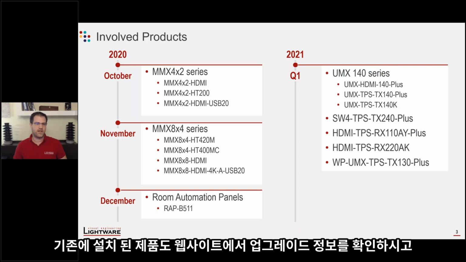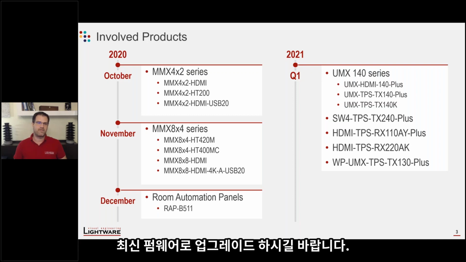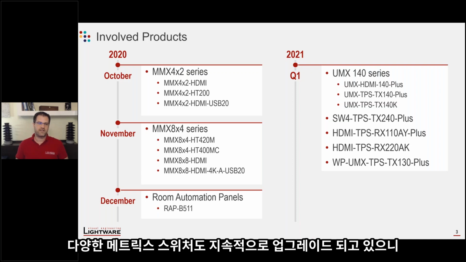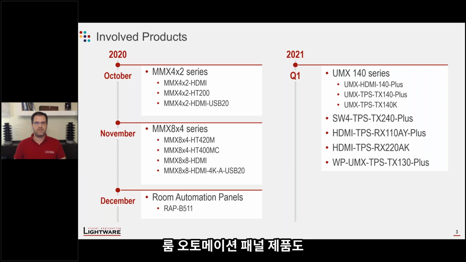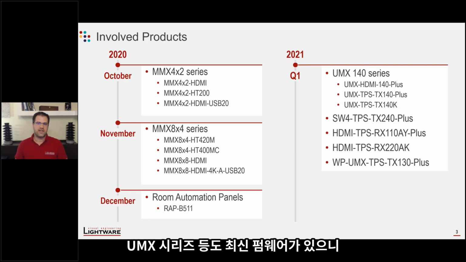Actually, the first one will be released in a couple of days, I think, for the MMX 4x2 series in October. And just after that, in November, we will continue with the MMX 8x4 series to cover these features. And hopefully still in December, we are releasing the firmware package for the room automation panels to have all of these features. Later on next year, in the first quarter, we plan to have the firmware packages for the UMX